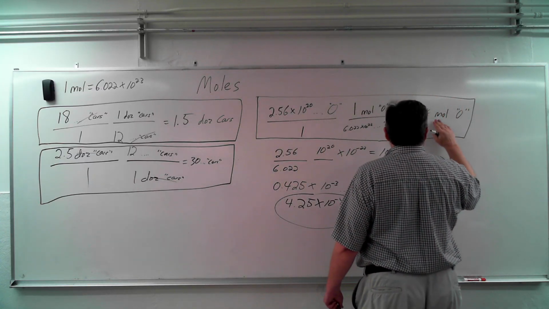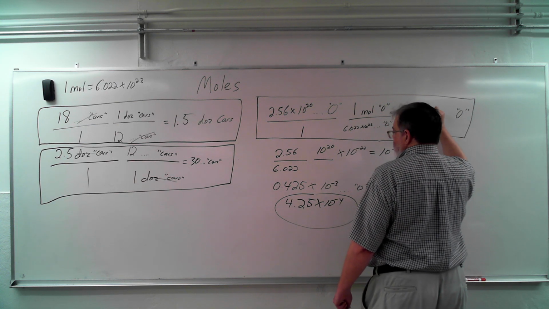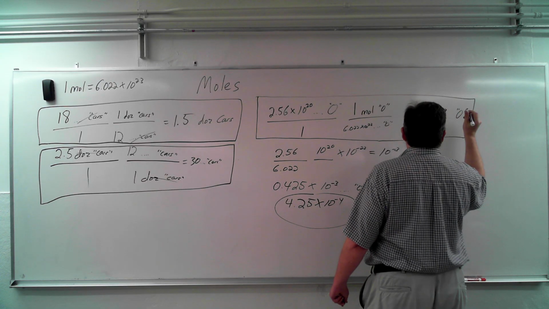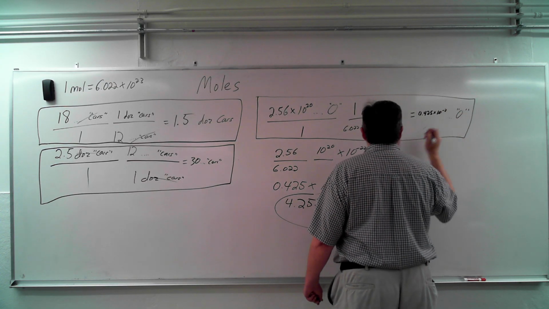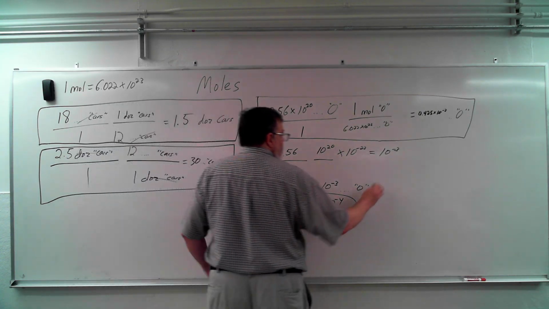Guess I could write this in. 0.425 times 10 to the negative 3 oxygen atoms. And again, there's a blank there where you would generally see a unit. And then the analog to that